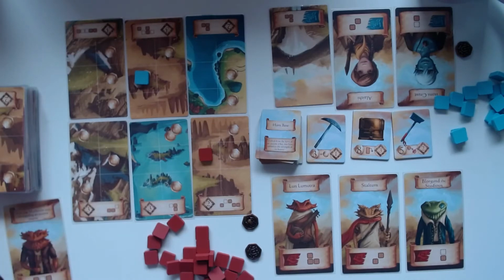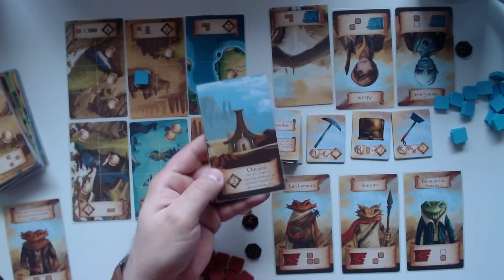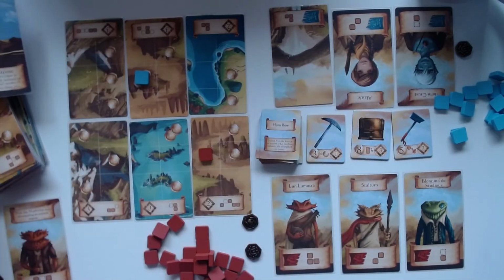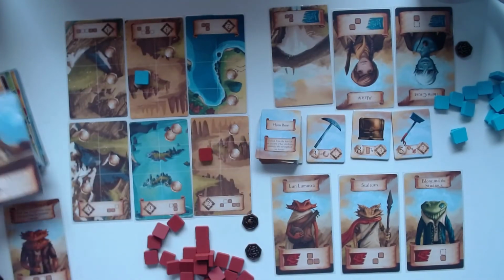There are still a few extra rules here. So first of all, you can play with the outpost card. This card will just lie right beside the gaming table at all times. And the first player that completely surrounds an opponent's marker